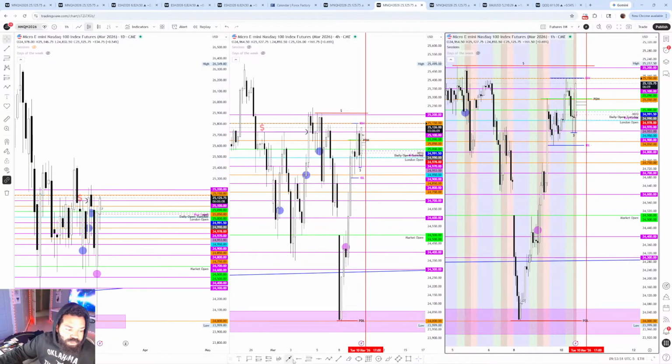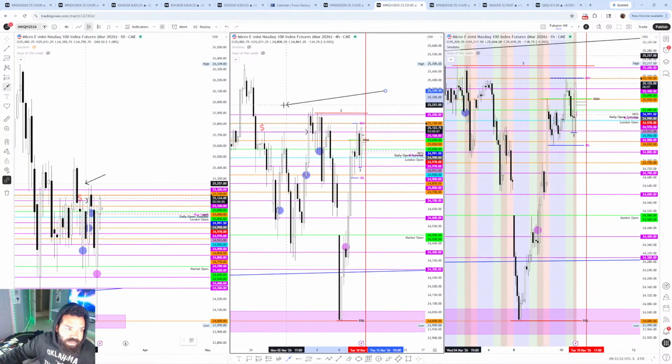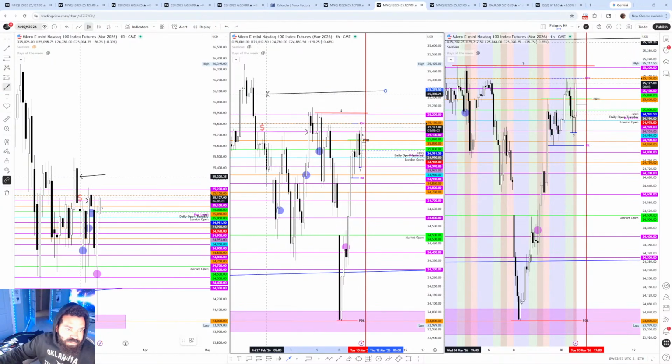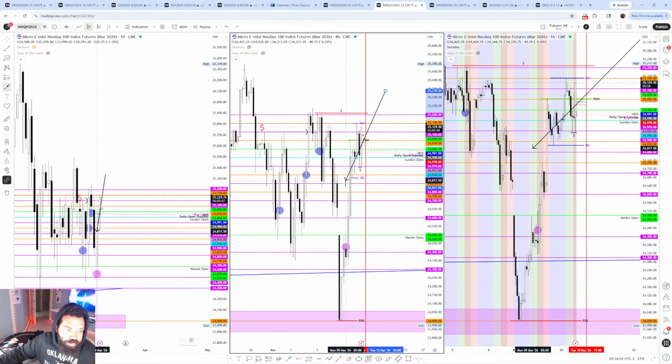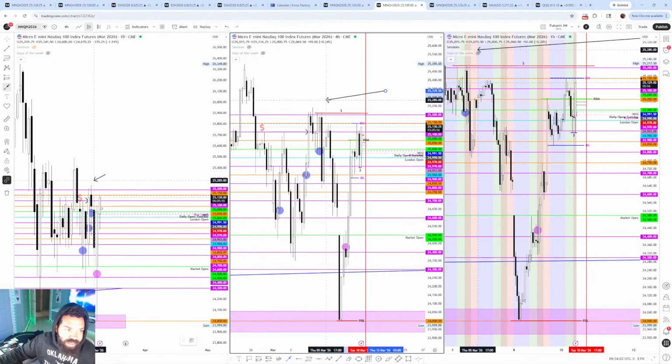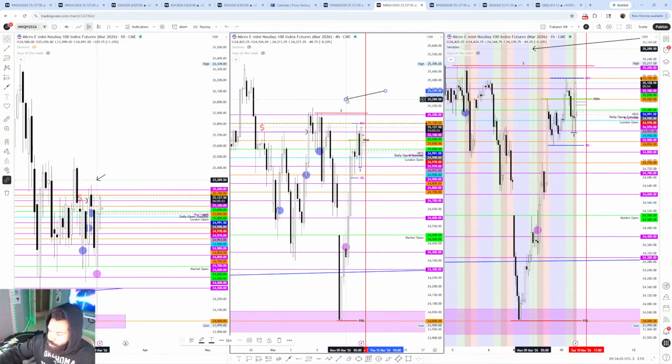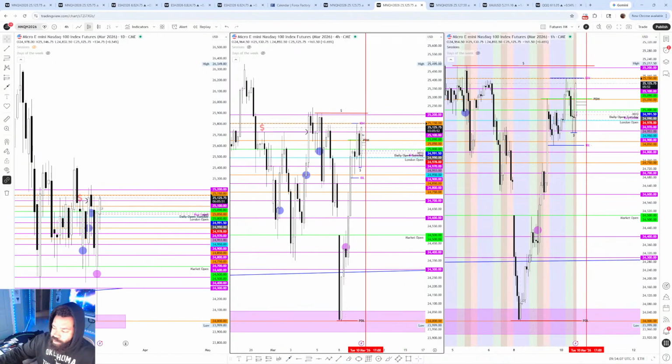And then when you're looking left, right, if this does extend like it's looking like it's going to, this imbalance and inefficiency will be a great area. So 25,300 will be a great area to see buyers from way down here start to exit up in this supply area. And that's what we're anticipating here right now with what we're getting.